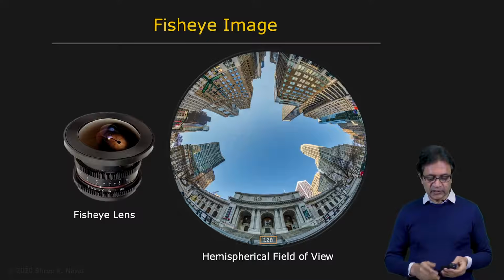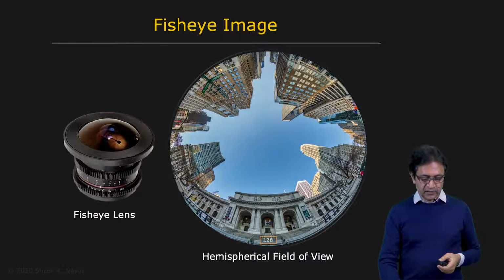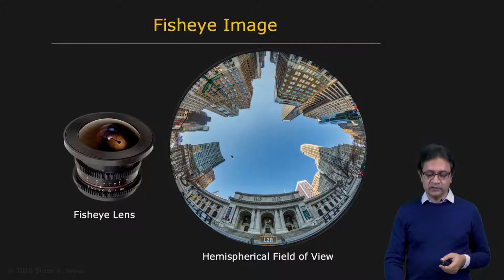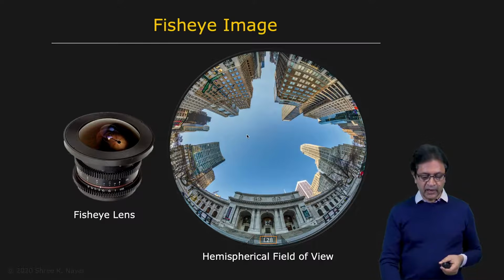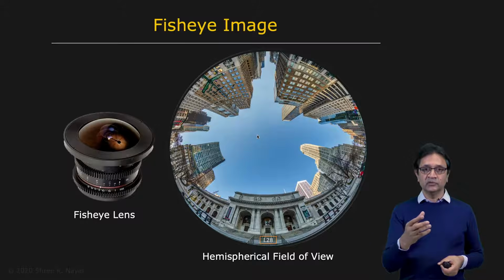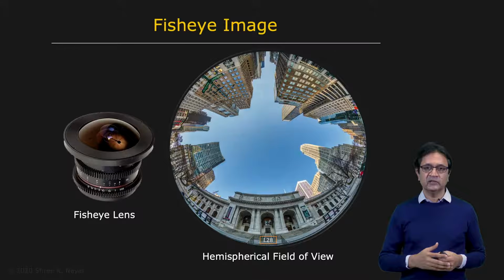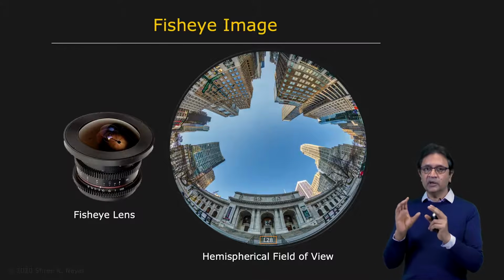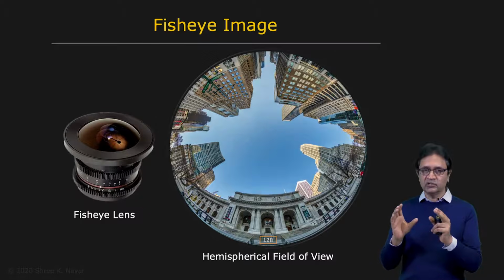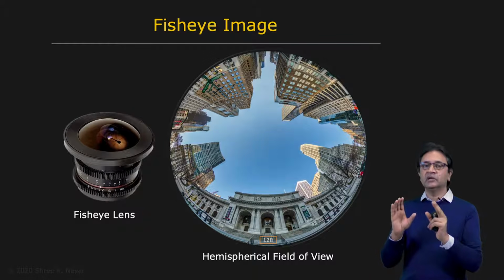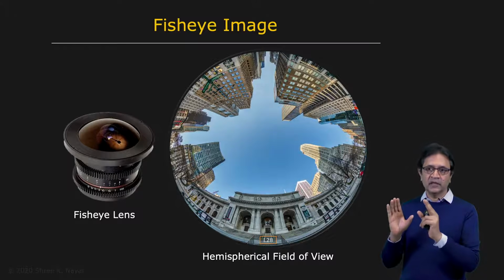Okay, so here is an example of a fisheye lens again. And this fisheye lens has a 180-degree field of view. This is the image captured by the lens. It's essentially sitting close to ground level looking up. And since you've satisfied the single viewpoint constraint, it more or less has looking at the world from one point in space. Therefore, you can take any part of this image. Although it is distorted, you can take any part of this image and use software to map it into a pure perspective image. And that's really important.